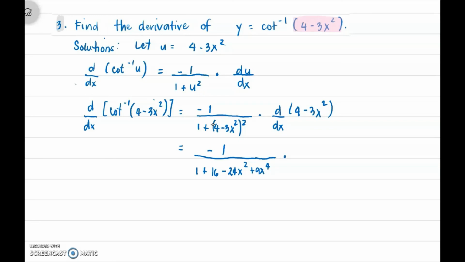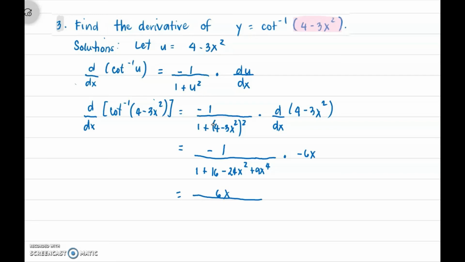The derivative of 4 minus 3x squared is just negative 6x. Multiplying negative 1 times negative 6x, we have positive 6x over,